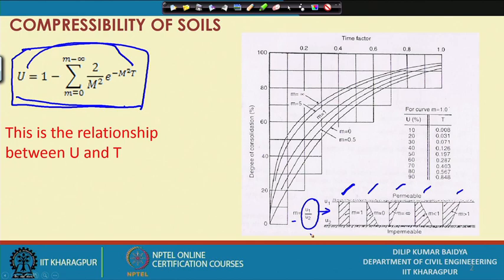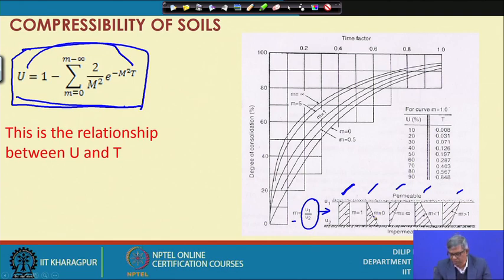But similar treatment can be done with different values of m. For m equal to 0, it is a newly deposited soil, so pore pressure will be 0 at the top and maximum at the bottom, the ratio becomes 0, and there is another relationship. For a loaded foundation, close to the surface the pore pressure will be maximum and at a particular depth it is 0, so here m will have the value infinity.